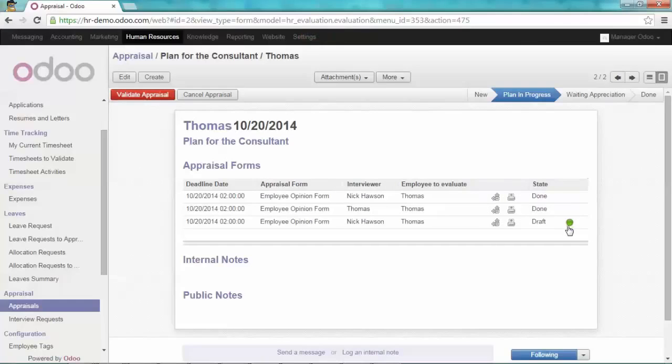And by clicking on the green button here, you will send at this moment the interview request to the people, to Nick Hausen in this case. Send it, and then again when Nick finishes the interview with Thomas, he can click on the green arrow. Then you can validate the appraisal,